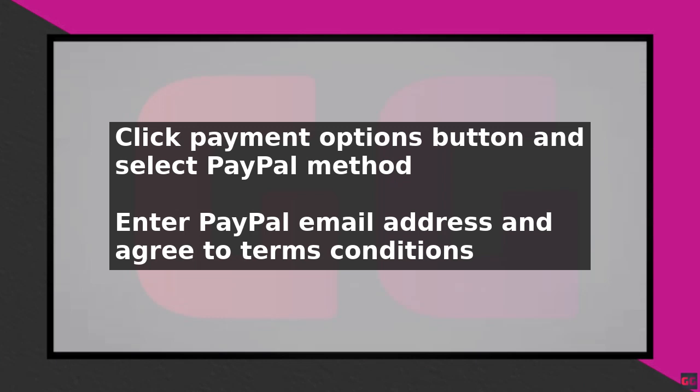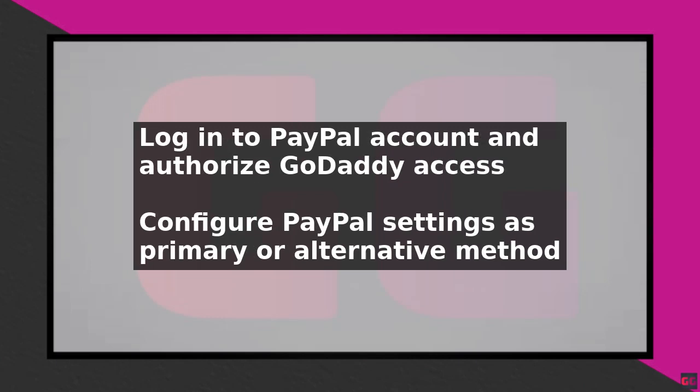On the PayPal website, log into your account and authorize Godaddy to access your PayPal account. You will be redirected back to the Godaddy website builder, where you can configure your PayPal settings. You can choose to use PayPal as your primary payment method or offer it as an alternative to other payment